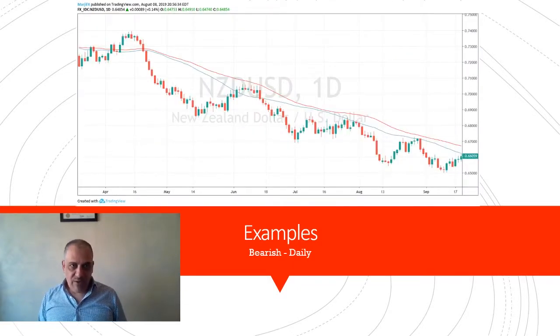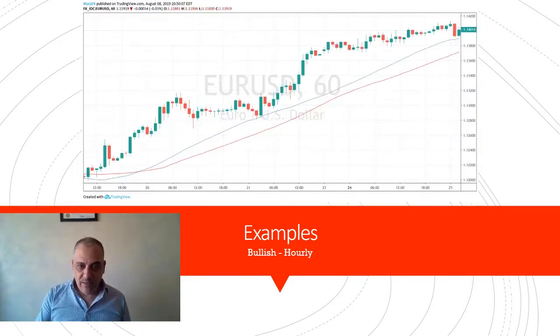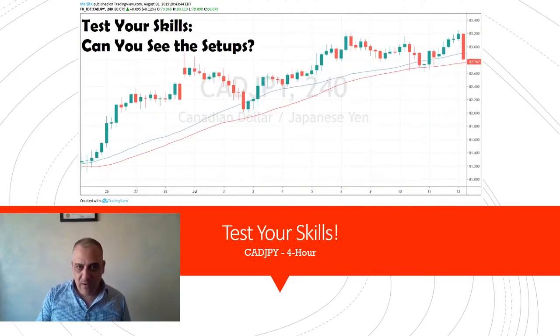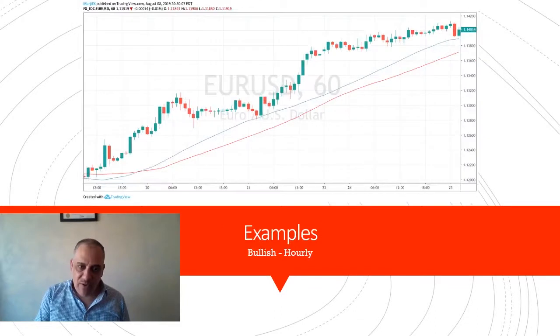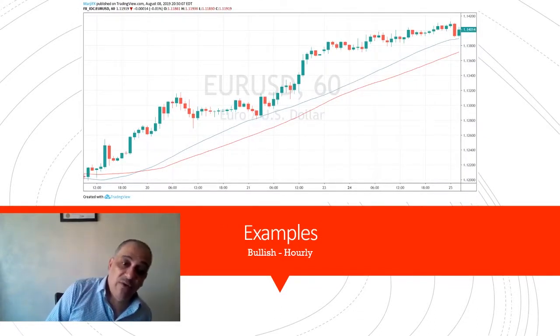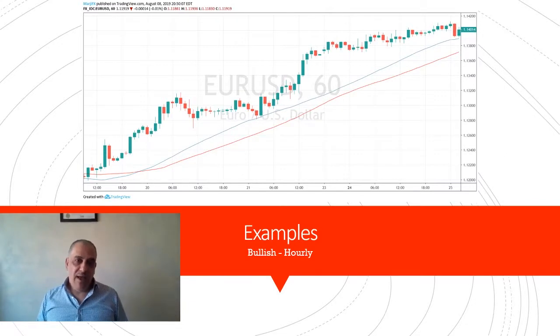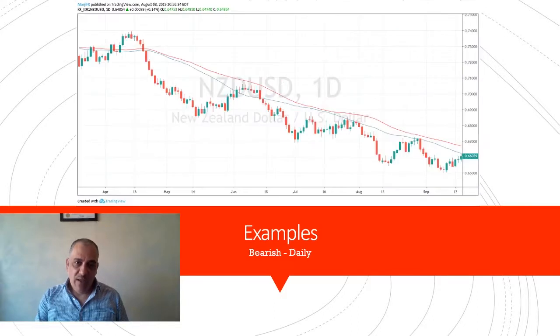Okay, guys, we're running out of time, so just a couple more examples, and we will be done. I have several examples, and my intention was to give you examples that are bullish and bearish, and that cover most of the main time frames that we analyzed. This first example is a bullish example on the hourly chart. The next one is a bearish example